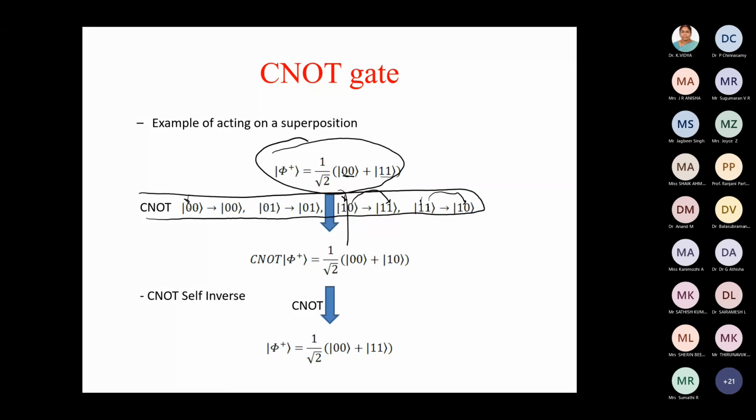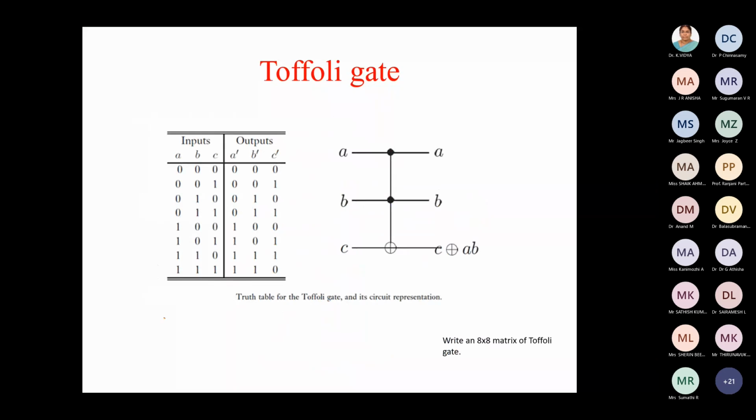And what I'm saying is, if you apply CNOT again, then it will become the original thing again, 1 1. So CNOT is basically self-inverse. If I generalize this CNOT to 3 qubits, in CNOT we have only a 2 qubit system. Here there are 3 qubits and 2 controls. So we call this topology control-control-NOT. This A and B are control qubits. If both of these A and B are 1, then it will complement C. So the equivalent expression is C XOR AB.